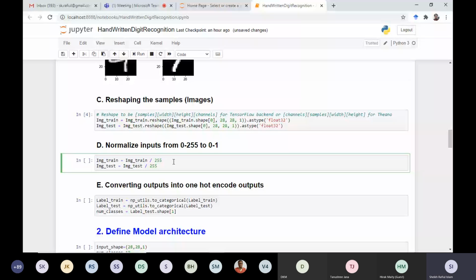But the network we are going to implement will use some activation functions to introduce non-linearity into the model, and those activation functions are defined based on the range 0 to 1. That is the main reason we need to normalize these tensor values by dividing by the maximum value that can be present for an element, and that is 255.